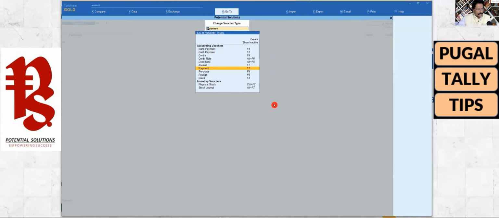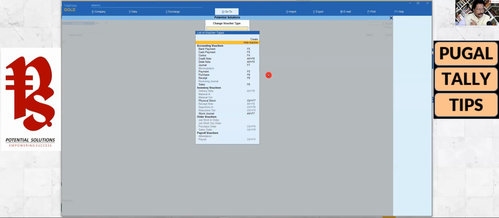And here in the inventory voucher, we saw physical stock journal is there, but where is my delivery note and where is my receipt note? Here on top it says these are enabled by default, which are the basic vouchers, or the primary vouchers you can call. But if you want delivery note and receipt note, they are hidden because they are not enabled. So if you want to enable them, Tally says you click on show inactive.